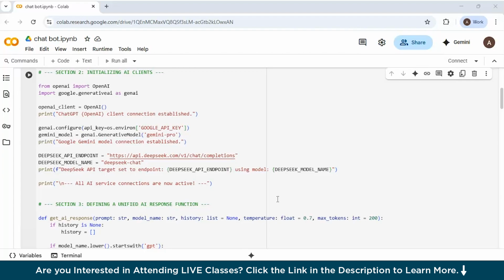An instance of OpenAI is created, which, thanks to the environment variable set up previously, automatically authenticates itself for ChatGPT integrations. For Google Gemini, the genai.configure function is used to set the global API key, followed by instantiation of a specific model, gemini_model equal to genai.GenerativeModel Gemini Pro, preparing it for text-based queries.